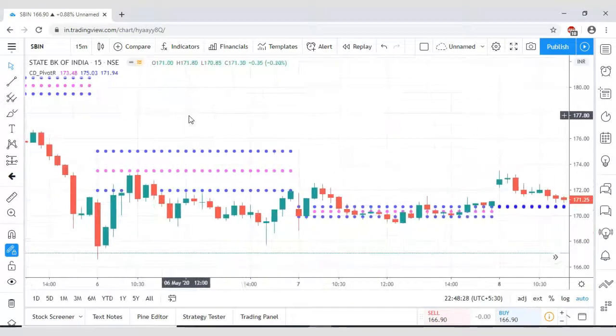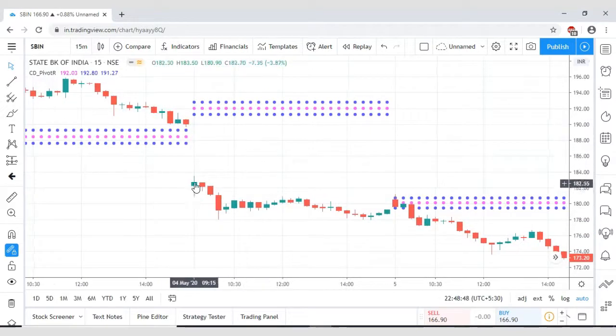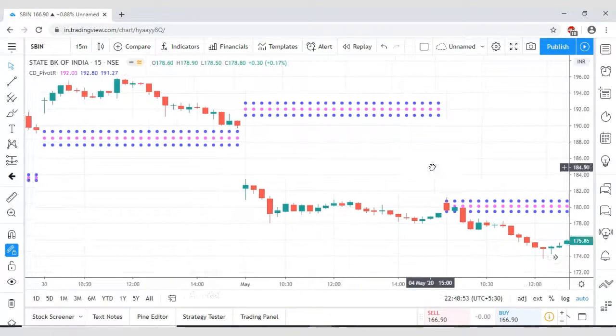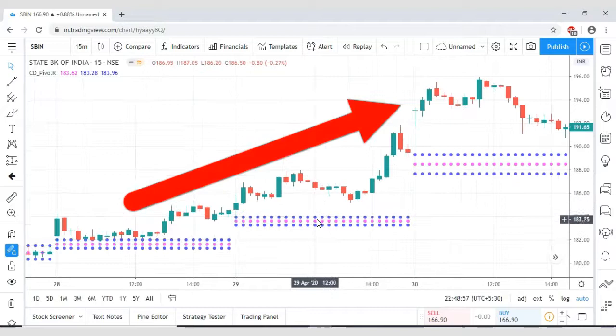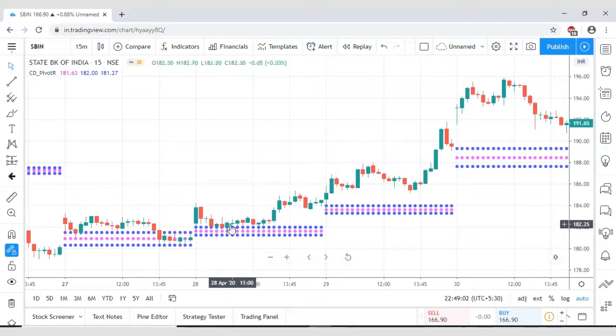So that's the reason we should not depend upon only one indicator. You can see, is there much gap here? No, right? Very small gap is there in between these lines, and a trending day. Again a gap down. That's the reason the market is completely sideways for SBI. And see here, two completely trending days, right? It started here, it moved upside, the next day also it moved upside, even the next day gap up.